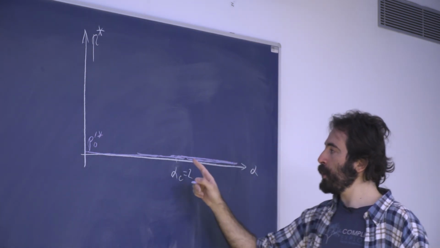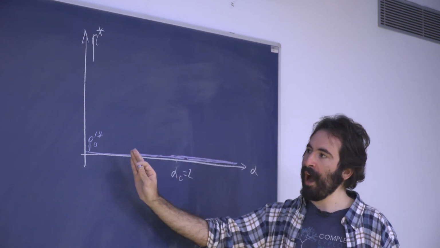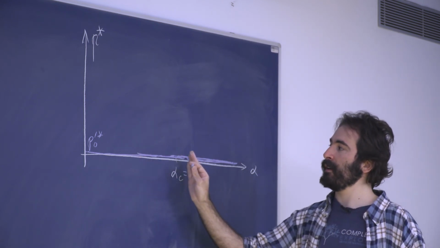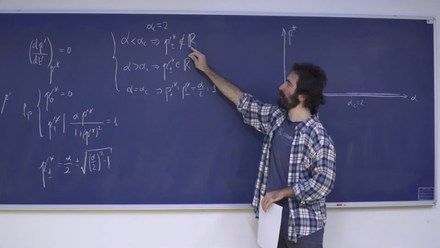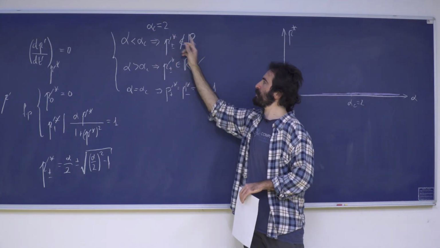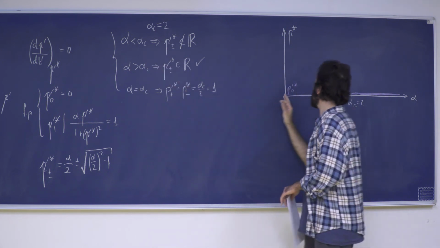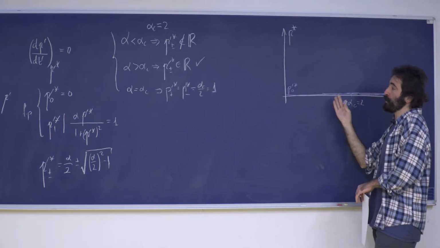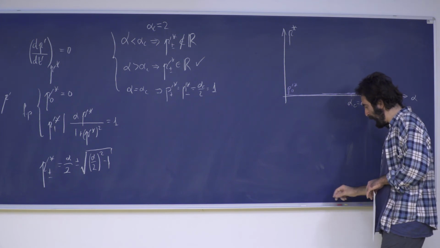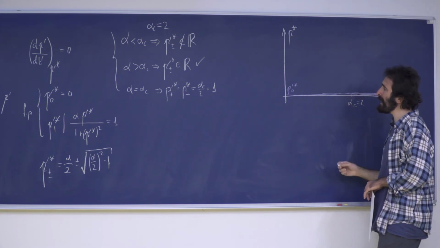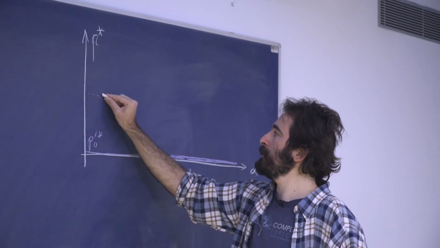Then we know that for alpha below alpha critical, there is no possibility of having the other 2 fixed points existing, right? Remember that we had this condition over here. Therefore, we can just ignore what's going to happen for the other 2 fixed points for values below 2 for alpha. However, at exactly alpha equals 2,